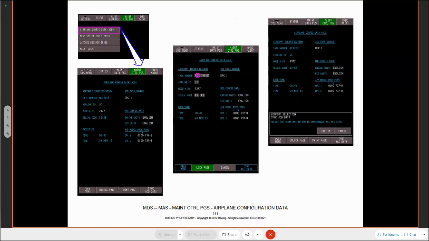This is the airplane configuration data, or ACD. This information here, this is the screen you'll see initially. So on here, everything is grayed out. There's nothing that you can change. So you're reading the information, and this information, or most of it, is coming from DPC number 1, Display Processor Computer 1. Over here, we've got the tail number of the aircraft, the airline ID, the Mode A